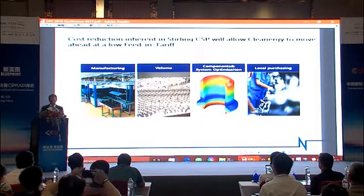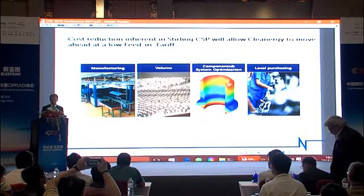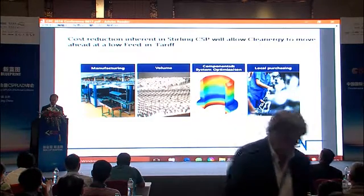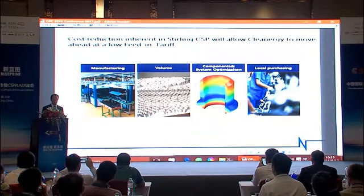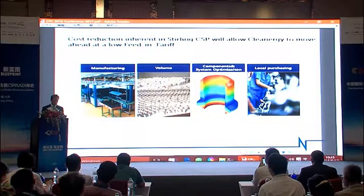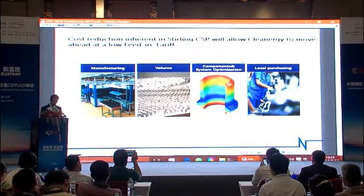The cost reduction potential that's inherent in Stirling CSP will allow us to move ahead with a rather low FIT. 那么我们希望申请的电价，尽可能来降低它的成本。降低成本主要通过以下4个方面。The cost reduction potential itself is based on optimizing manufacturing, volume, components and system optimization, and lastly local purchasing. 降低成本主要来自于第一个生产的优化和自动化，第二个规模化，第三个器件和系统的优化，第四个来自于本土化的采购。